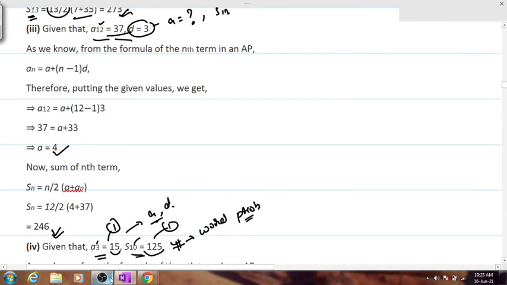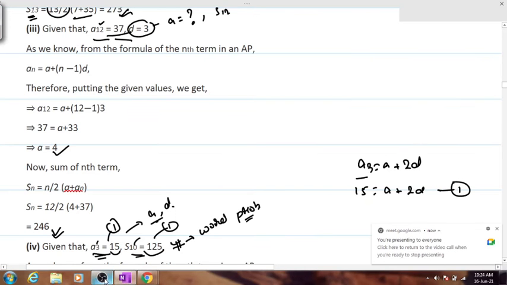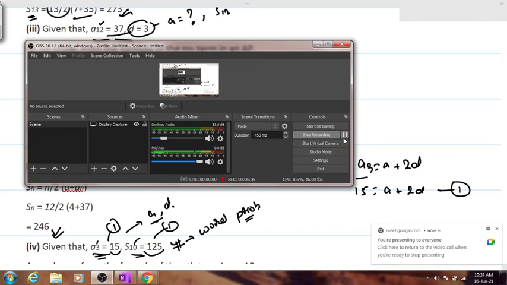Go on to formulate two equations and write the two equations in the chat box fast. Did everybody understand what to do out here? I am showing you the first equation over here. A3 can be written as a plus 2d, right? A3's value is 15, a plus 2d. This is our first equation. Now similarly write S10's equation fast and tell me the answer. Tell me the equations in the chat box and then tell me the value for a and d.